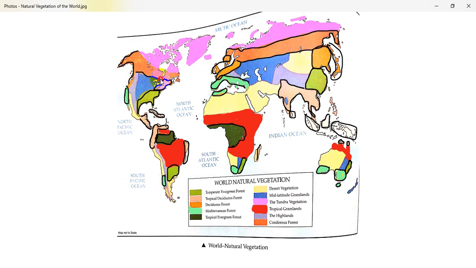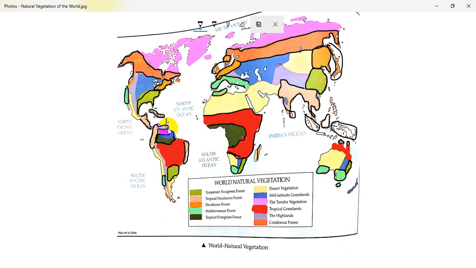Now next, we will move to the grassland zones. You can see it's proceeding with the coniferous forest. After that, I'm going to proceed with the grasslands. First we will move to the tropical grassland. You can see, just in today's class only I said that the tropical grasslands are there on either side of the rainforest, and the dark green area is showing the rainforest.